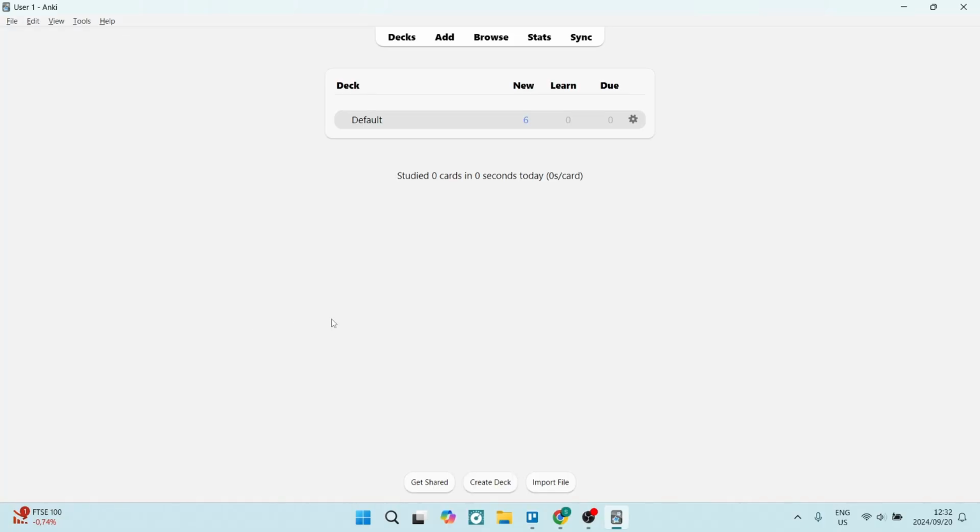I'm going to show you how to create flashcards in Anki. It's quick and easy, so let's get into it. So what you want to do is make sure that you've downloaded the Anki desktop version, and what you're going